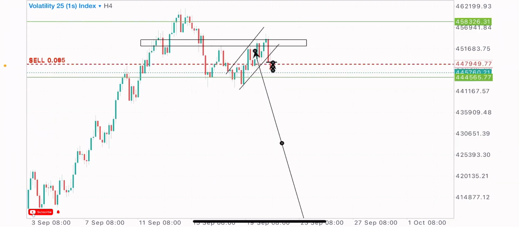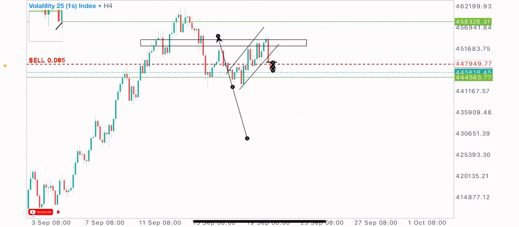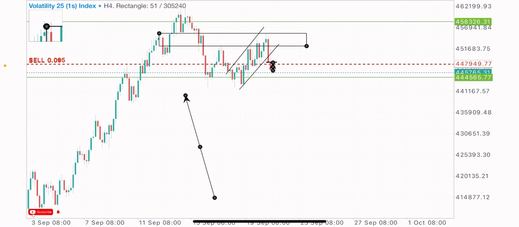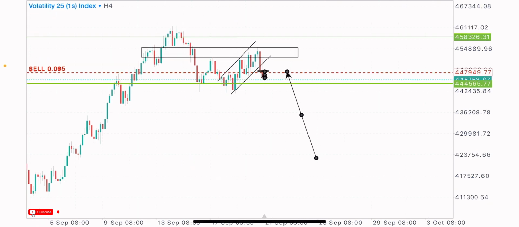So I went to the 4-hour time frame, and on the 4-hour time frame, we had a key level, basically an order block level, which I identified here. We had this bearish order block at this zone. There's a bearish order block at this point. So my expectations were for the market to test this bearish order block after this reversal formation we had at this point, this double top formation we had at this zone,